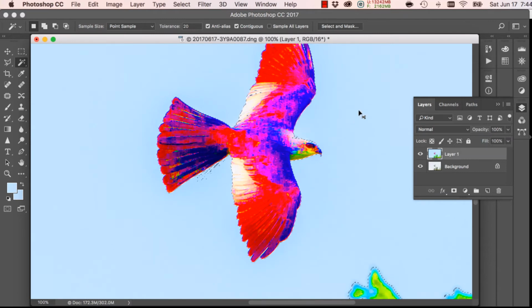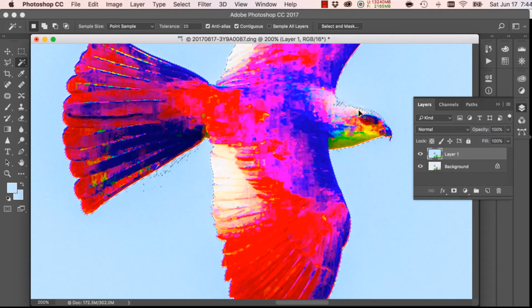Now I may still have, I'm going to just zoom in here, I do have just a few pixels being selected right here. So I'm going to come up to the mask tool. Now this is select a rectangle, add to a selection, subtract from a selection. So I want to subtract from a selection. I'm going to click here, here, here, here, make a little polygon so that that's no longer part of the selection,